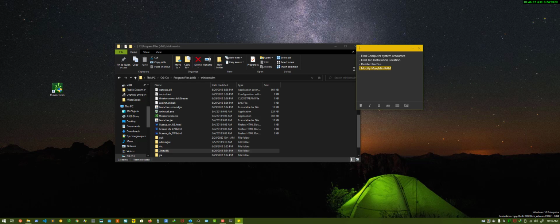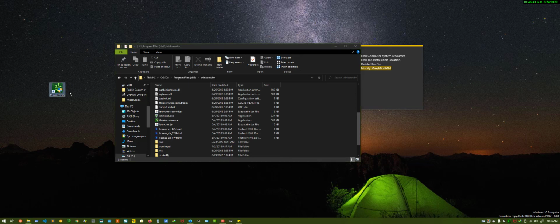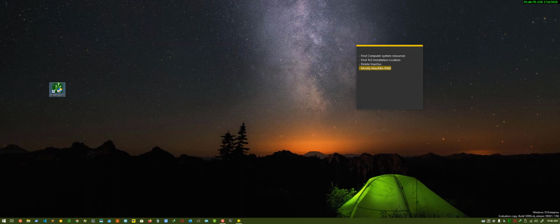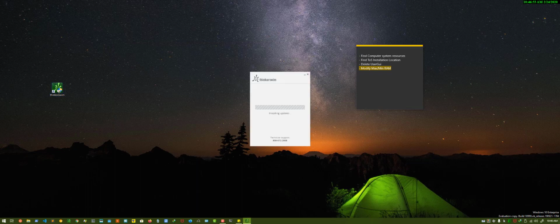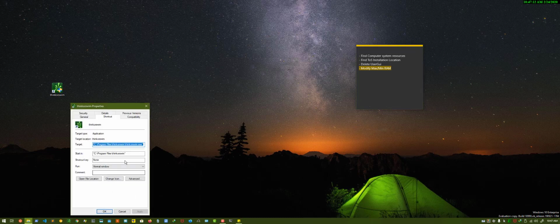Now we move on to probably the most important and most complicated one, which is to modify the amount of RAM that we allocate to Thinkorswim. So let's try doing it by launching Thinkorswim. This is one way to do it. Let's launch Thinkorswim, and as you see, it says installing updates. Sorry, this is not the actual Thinkorswim I use. I use this one down here. So just to prove to you